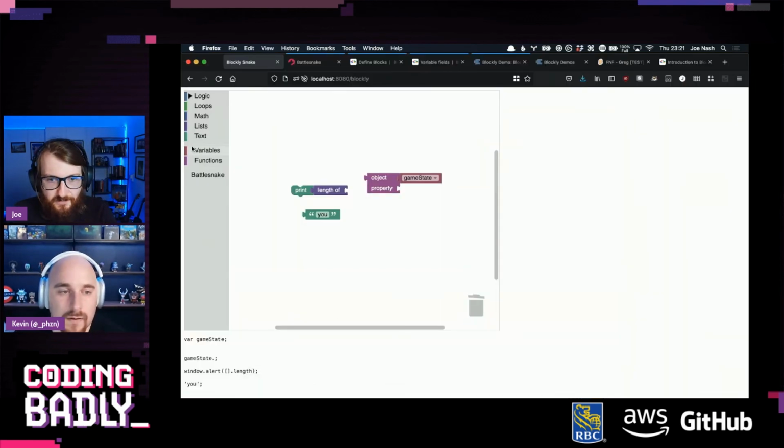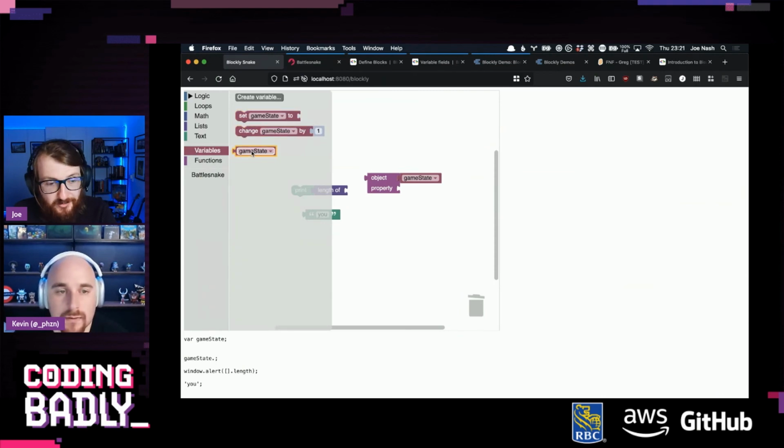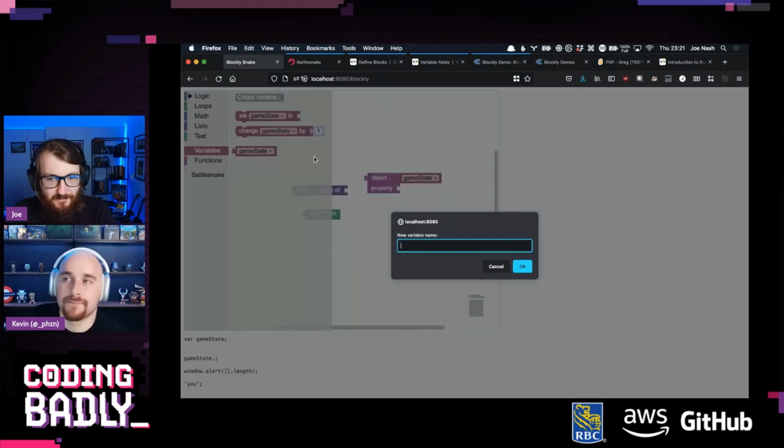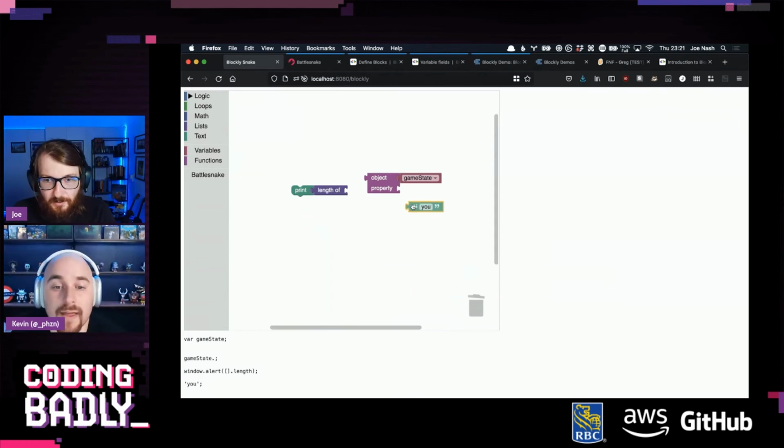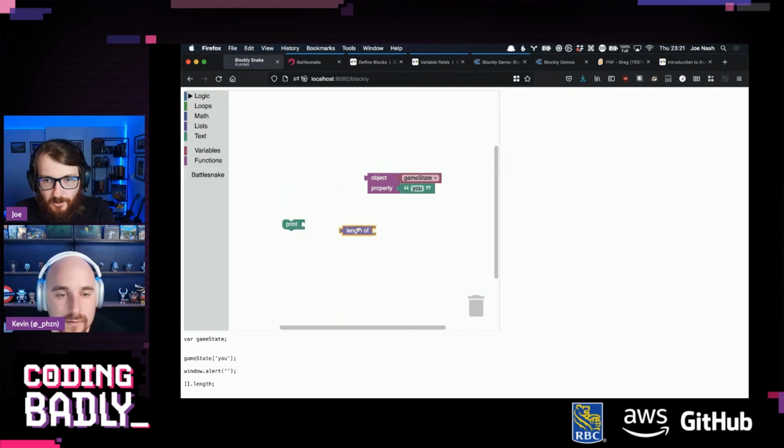Excon was saying, isn't it just a variable? The problem is, Excon, you can't use a variable without defining it. So I'd have to do create variable. But then it would get hoisted, I guess. But I don't know if that would work. Anyway. So now we can just plug... Yeah, and that's valid. That's legal. So now let's try...